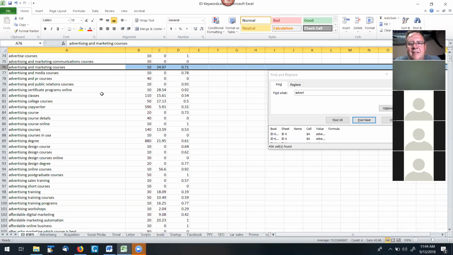So that's what I'm talking about when I say you should be doing this instead of outsourcing this. Really, this is intel. If you have someone else do that, they're not going to be able to tell you that intel. You're going to learn that as you do this process. And this is probably, of all the stuff that I do, one of the most painful, the keyword research. It is a pain in my ass. But every time I do it, I gain so much insight into whatever market I'm looking at. It's absolutely invaluable. It makes me a better marketer. It gives me the tools and the knowledge that I need to actually do the job.